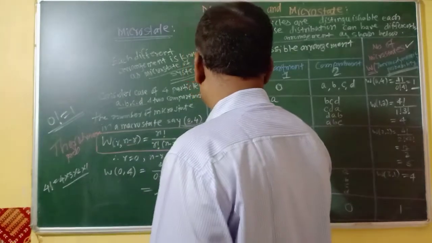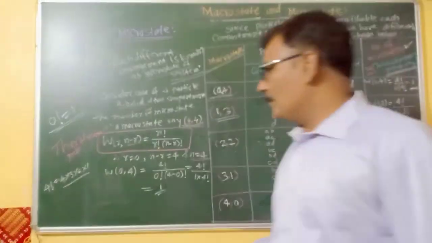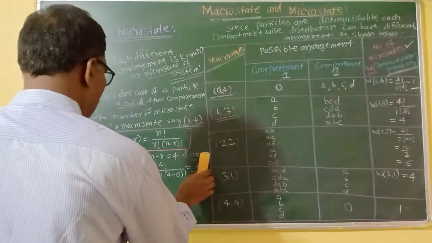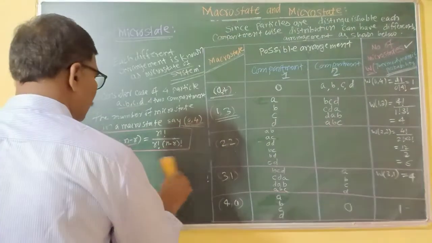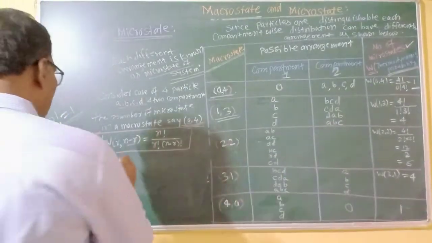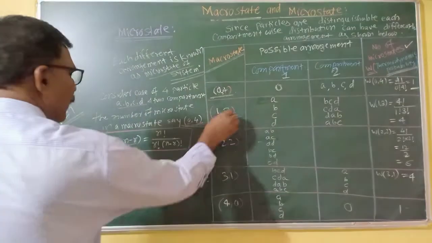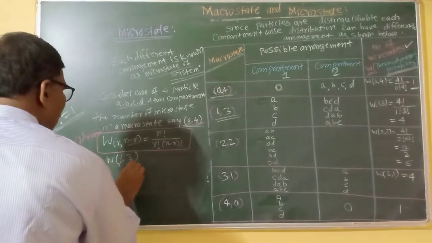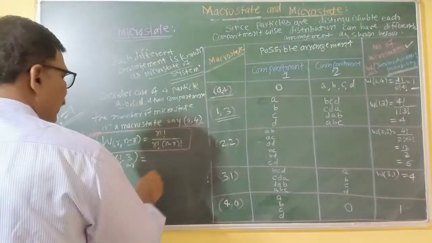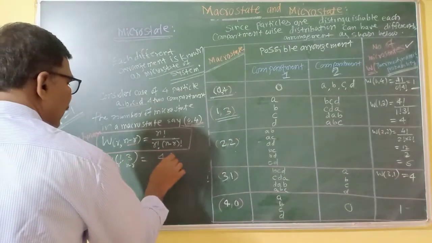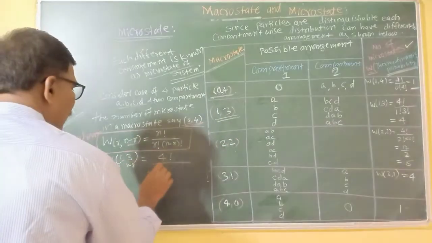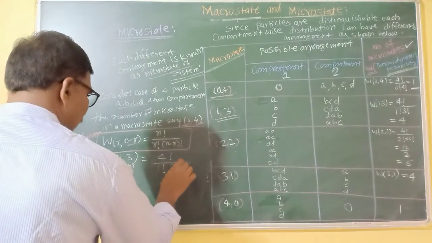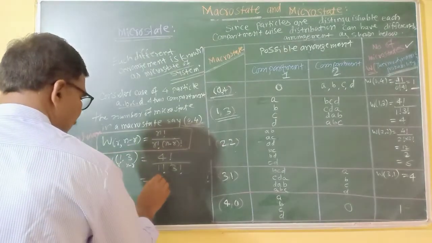Now we have to consider the second case. Second is what? 1 and 3. Replace the values. Second case we have to discuss now. See, W is what now? W is 1 and 3. Here 1 comma 3. This is considered as R, and this is N minus R. And what is the formula? N factorial means what? 1 plus 3, that is 4 factorial. Divided by R, which is nothing but 1 factorial. And N minus R is what? 3 factorial.